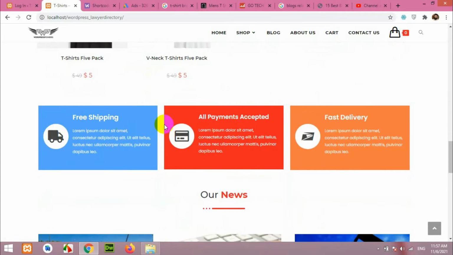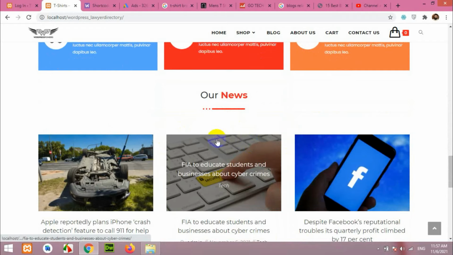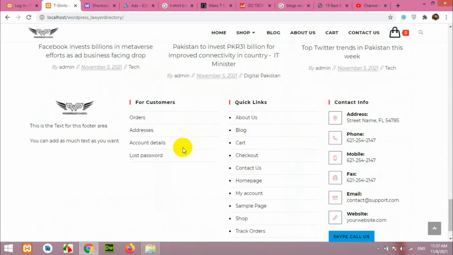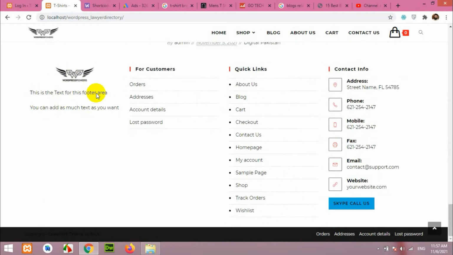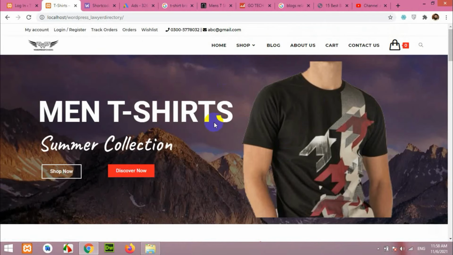After that, some boxes showing some features of your website, then the news or blog if you want to include the blog on your website, and finally the footer. This will have 4 parts: contact info, some menus, the quick links and for customers, and some basic information about your website. So this is the home page of your website, and let me show you how the shop